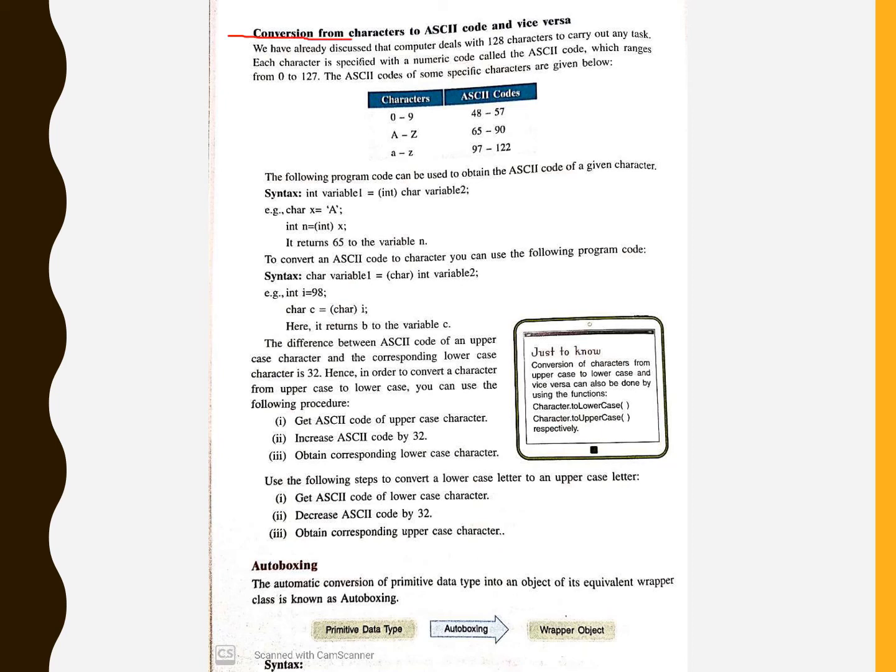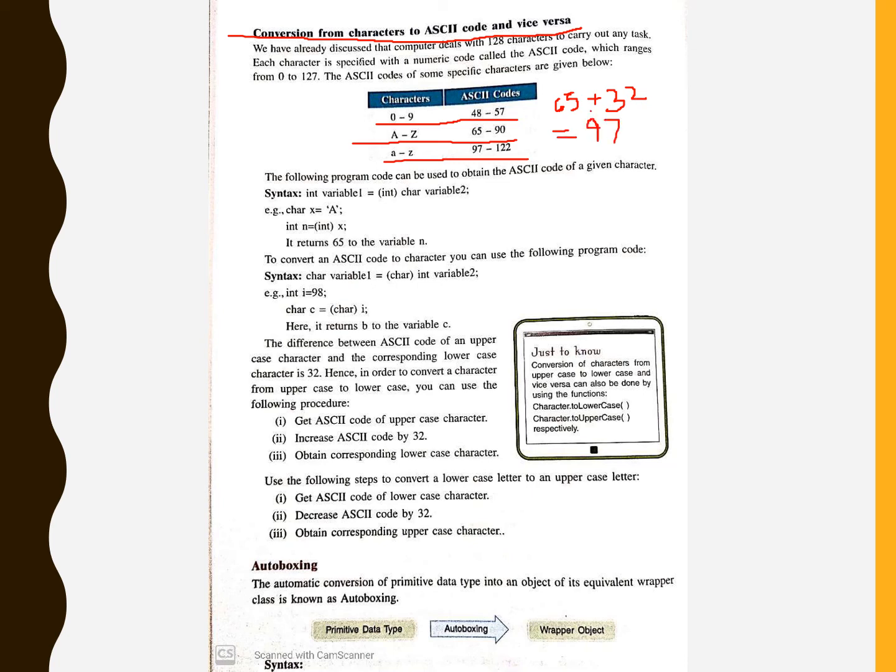Conversion from character to ASCII code. So 0 to 9, the ASCII code is 48 to 57, A to Z is 65 to 90, and small a to z is 97 to 122. So if you add 65 plus 32, the answer is 97.